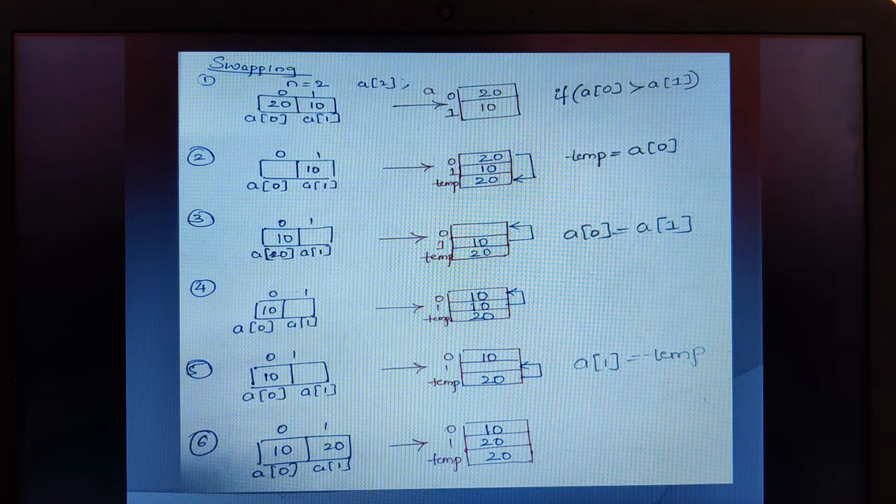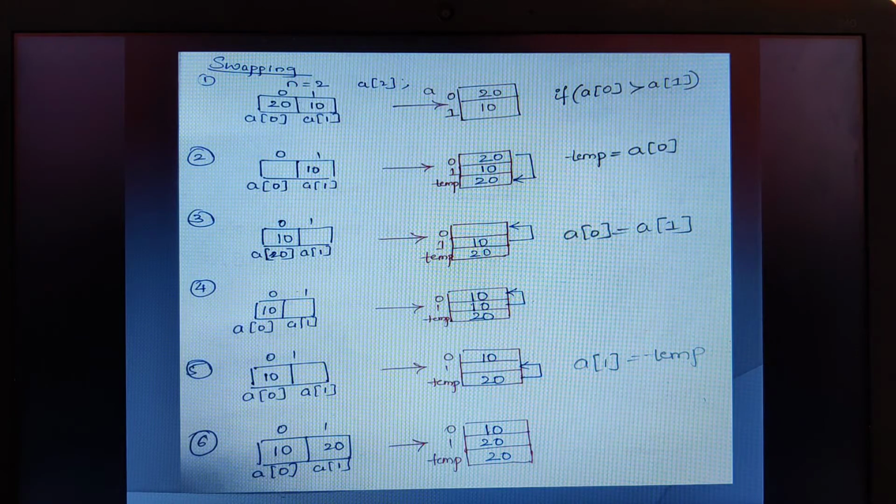In our previous video classes, we have seen the program to sort the elements of the array. Since the program was a bit confusing, now here in this video, let me show you how to do the swapping, and I'll explain the program to sort the elements of the array once again with a different input.